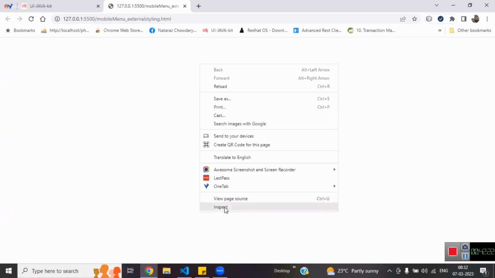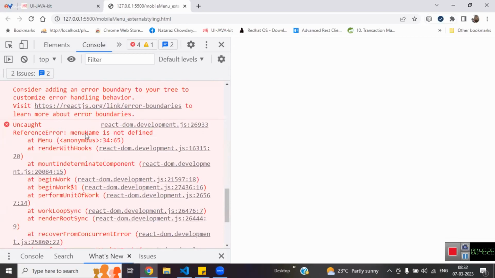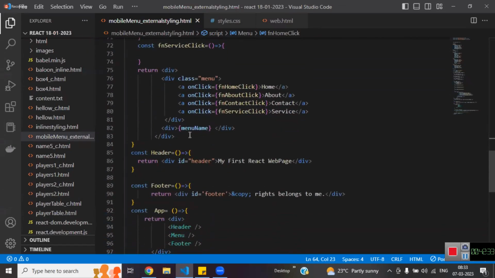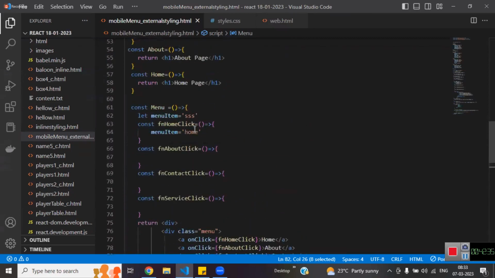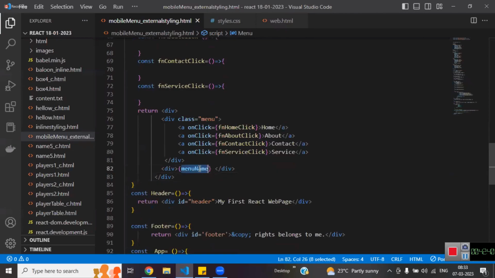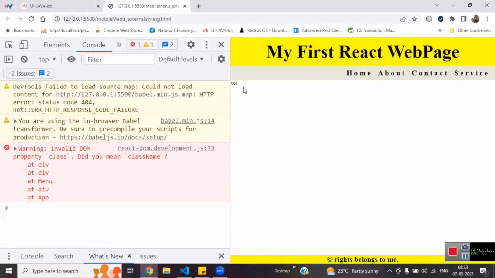First time, yes, it is okay. It gives me some error. If it is an error, what do you want me to do? Inspect it, go to console and try to fix it. Menu name is not defined. That means one variable you used, but it is not defined before using. Menu item is there, but menu name is not there. So can we fix that? Yes. Now can I refresh the page? If I click on the home,